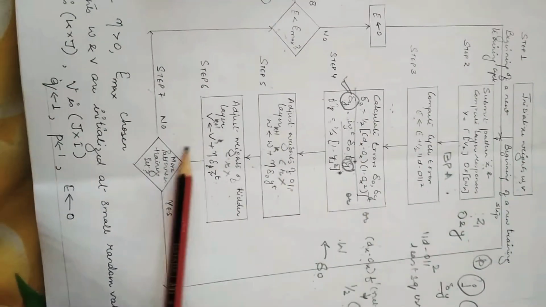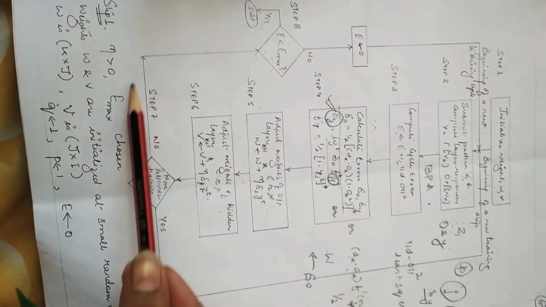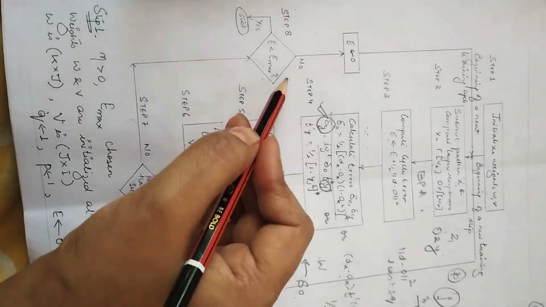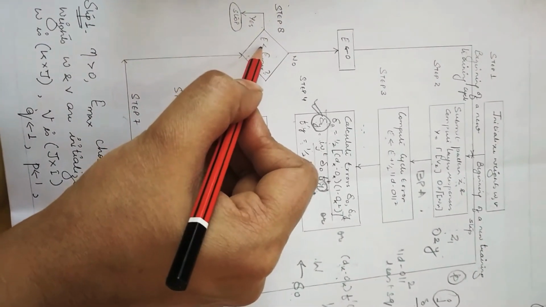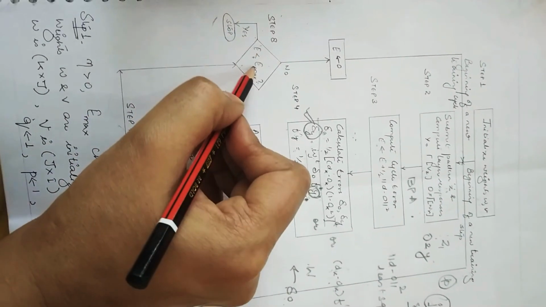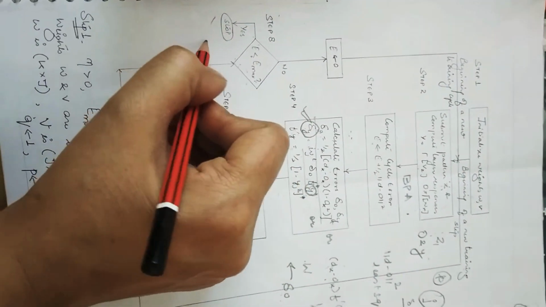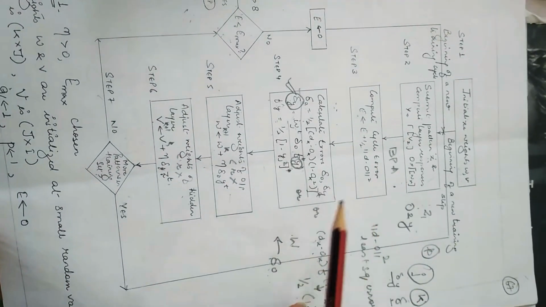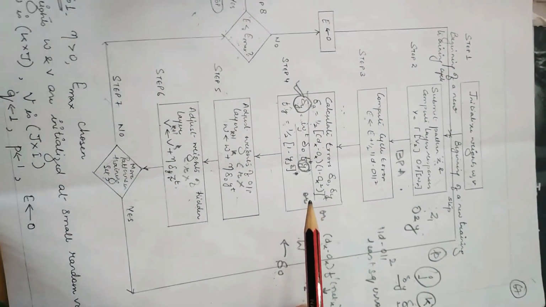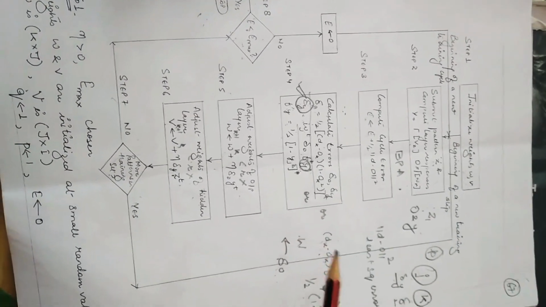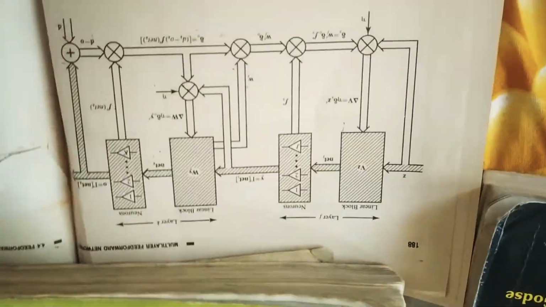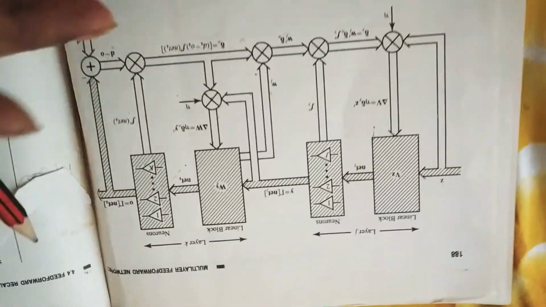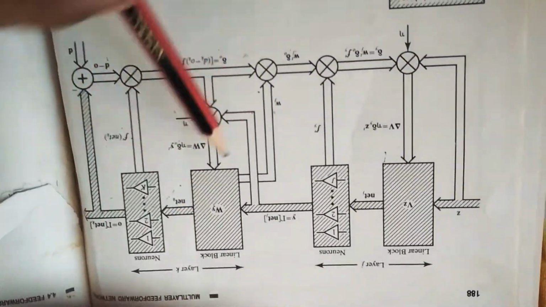Now after that we will repeat the whole process. We will repeat the whole process till we get the minimum error, and that is our stopping criteria, and we will stop at that point. This is all about the function of error back propagation. Now the main diagram of error back propagation, I will explain that diagram. You have to draw this diagram, and in this diagram the first diagram is already given.